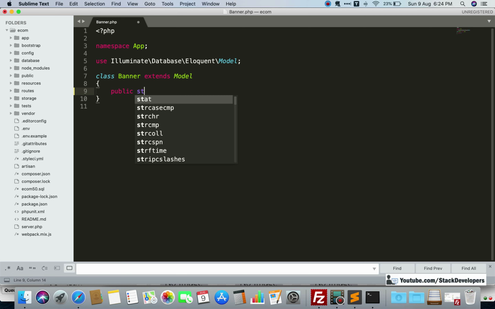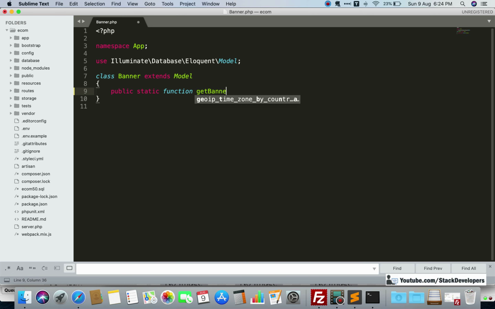We will create a static function so that we can use this function anywhere we want. Public static function getBanners, like this we will create this function, and here we can write $getBanners.